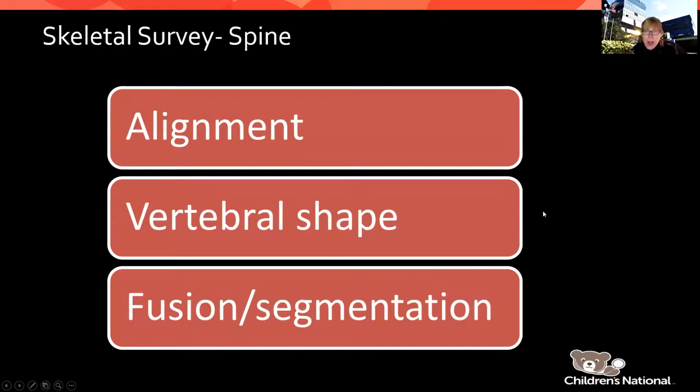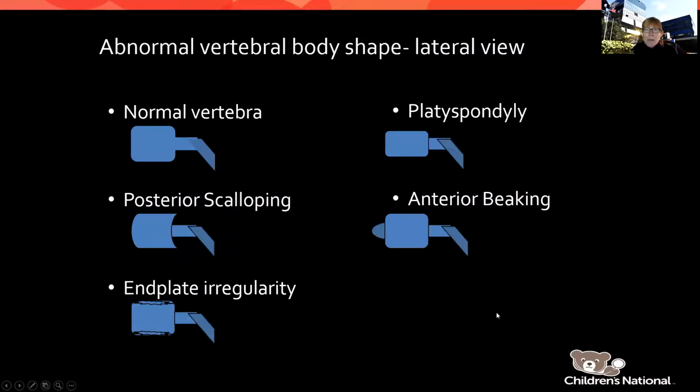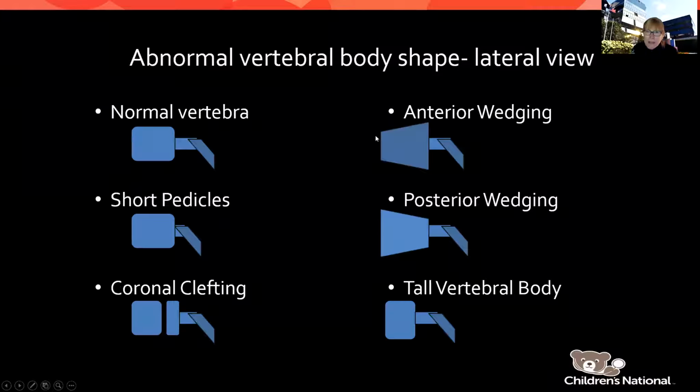Spine, a lot is going on here. So we're going to be looking at alignment, the shape, whether there's segmentation anomalies, and looking at the normal vertebra. We want to look for posterior scalloping, end plate irregularities, flattening of the vertebra, and you can have beaking. You can have actual wedging anteriorly or posteriorly. They can be flat, they can be tall, and they can have short pedicles like in achondroplasia, or coronal clefts